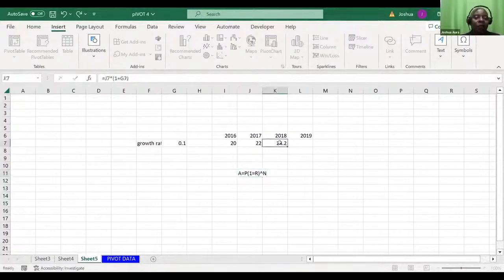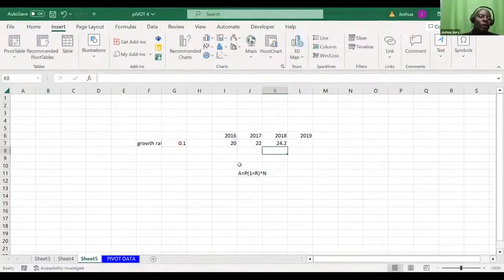If I want to use that formula, no worries. I'll say equals, pick the original principal, which was 20, and say times, open brackets as usual, 1 plus the R, close bracket. Then I say raised, which is on top of number 6, to the power 2. If I do that and say enter, I get that 24.2.